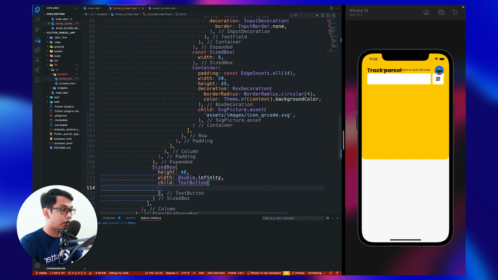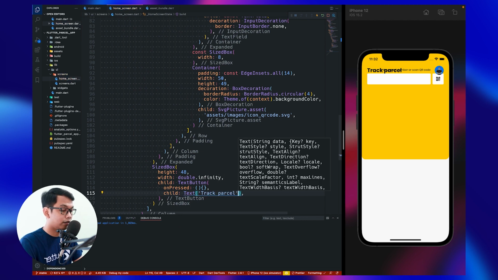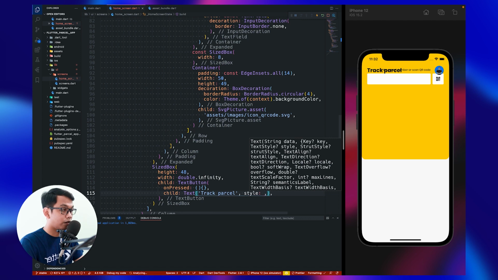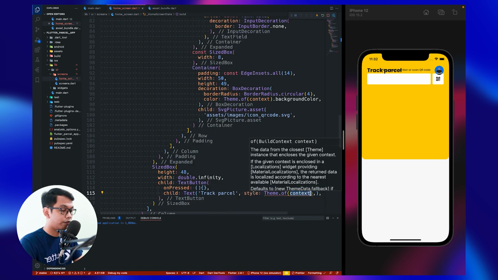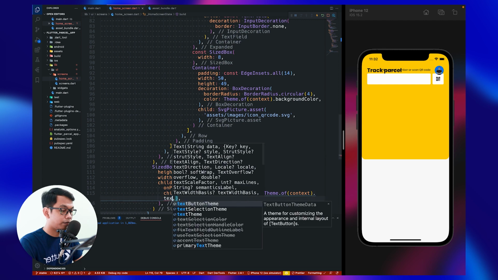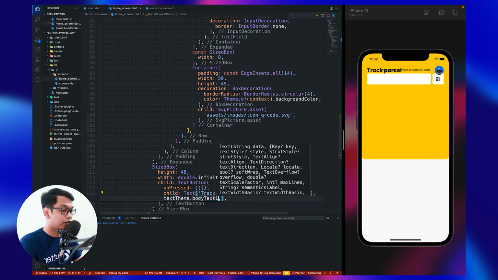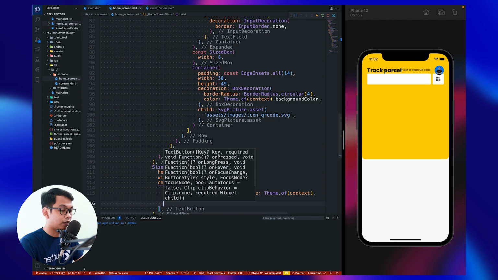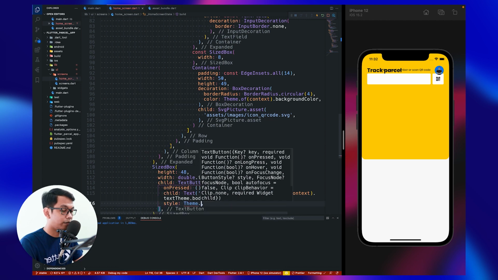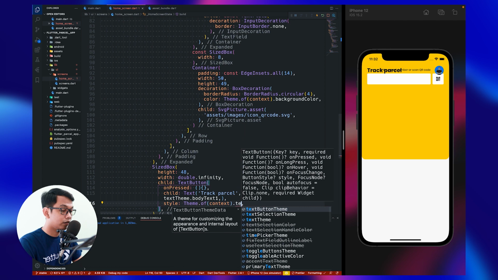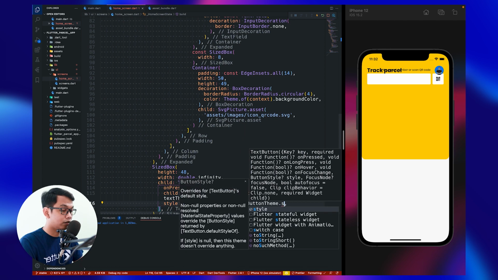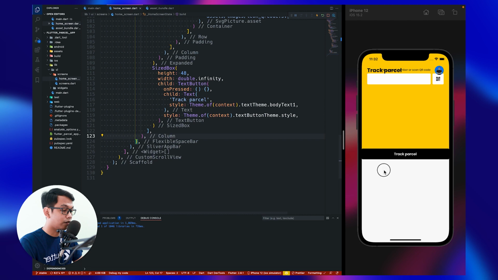And inside our text button we can call on press, and for the child we use text widget, and we can call track parcel, and for the style we can call theme of context, text theme dot body text 1. And for the button we use a theme of text button theme dot style, look like this. All right.